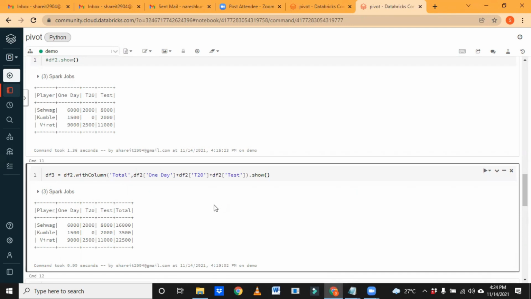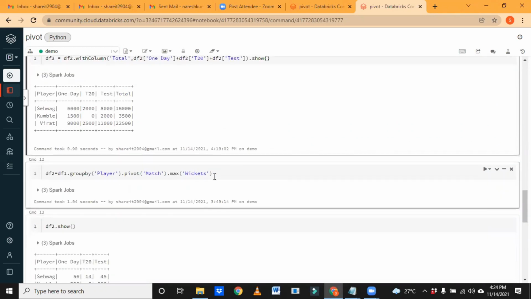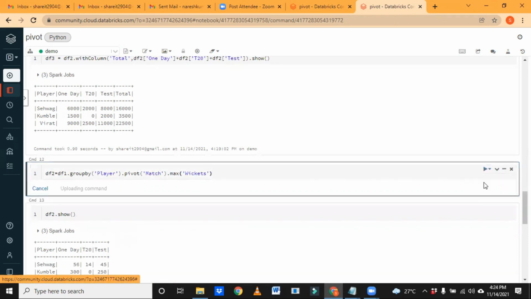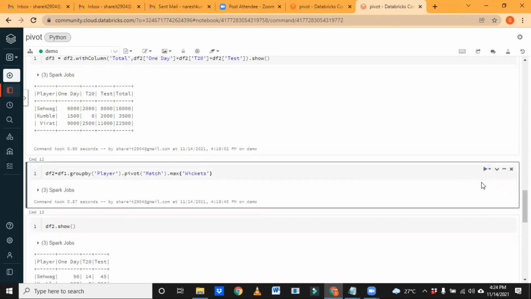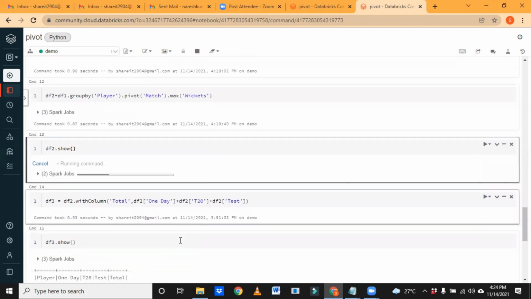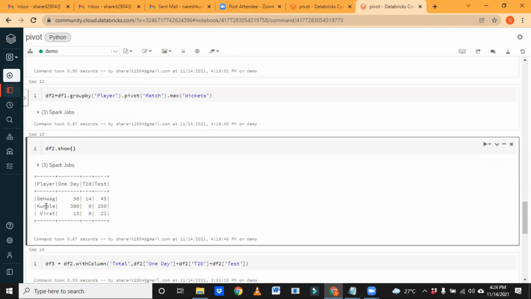In the same way, I also used wickets. Not only runs, we may use it for wickets. So df2, if you do the same thing with wickets, these are the figures Sehwag took all together, one day and so on, and Kumble and Virat.